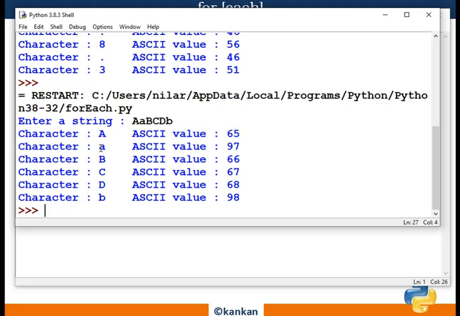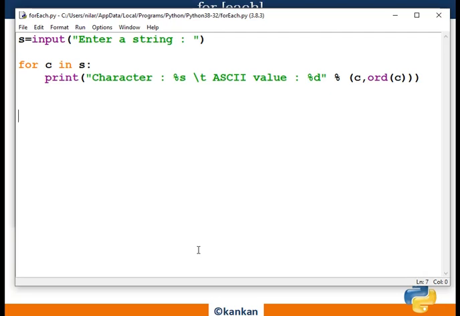But for small a, the ASCII value is 97. Capital A 65, capital B 66, capital C 67, capital D 68, small a 97, small b 98. Just remember it, it will be used later for many types of programming problem solutions.